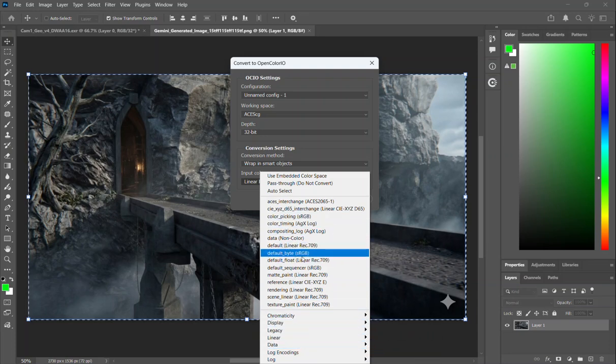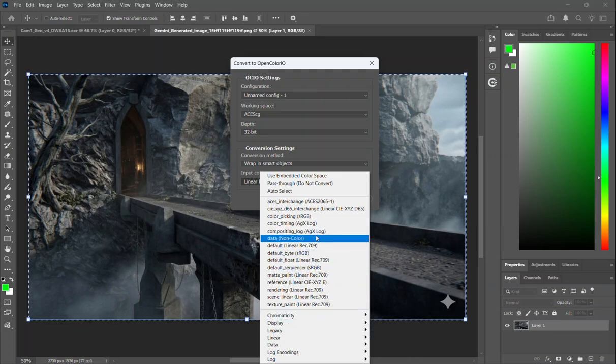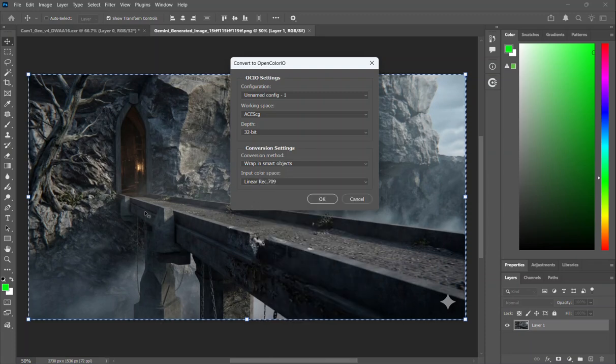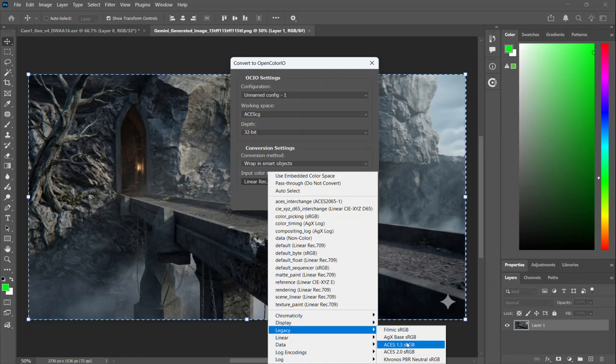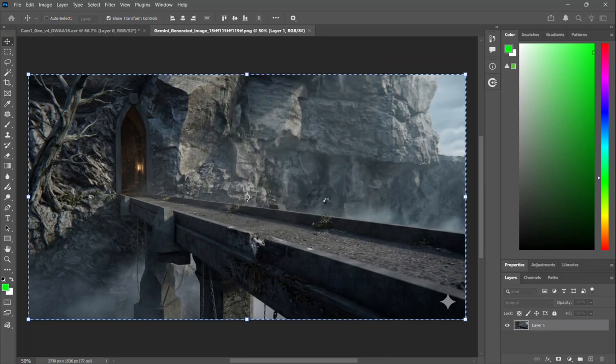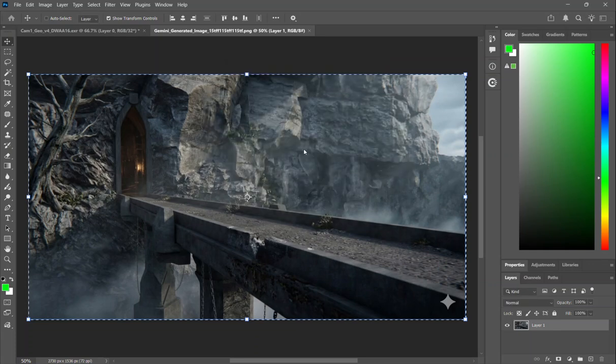This is basically a normal PNG. So what I'm going to do is tell Photoshop that this is an sRGB image, but instead of using the default sRGB, I'll go to Legacy and tell it that it is an ACES 2.0 sRGB. Click OK. The colors will be changed, but